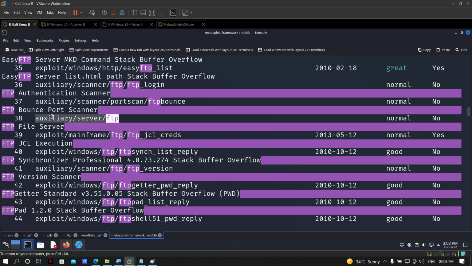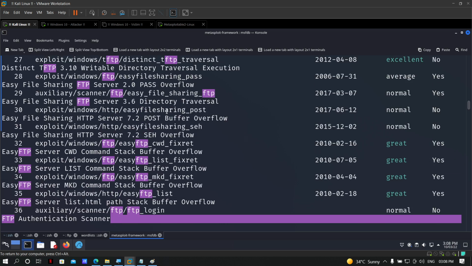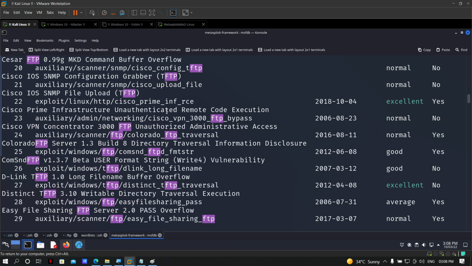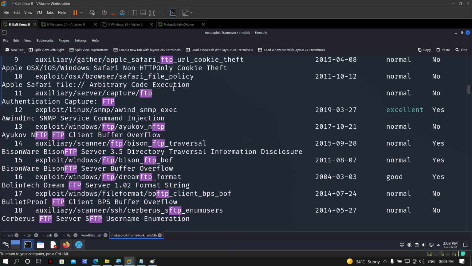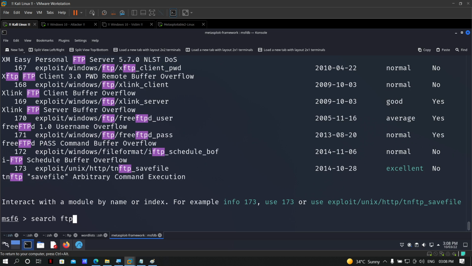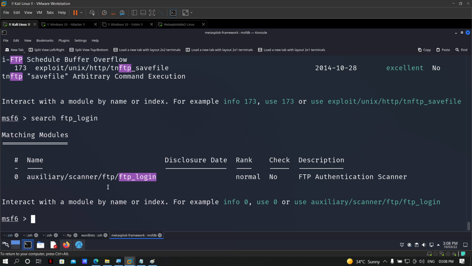Auxiliaries are mainly used to collect information about the target, to figure out weaknesses in your target, right? And for that part, you can use your different auxiliaries, right? One of them you're going to find here is ftp_login. Just directly search here for ftp_login. This is the auxiliary that you can use, right?